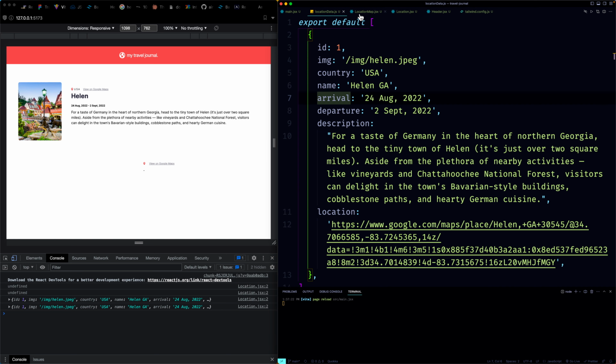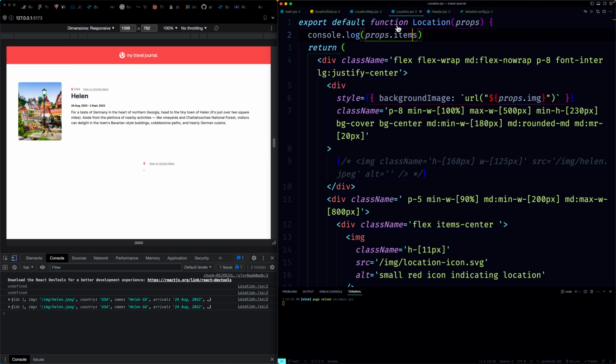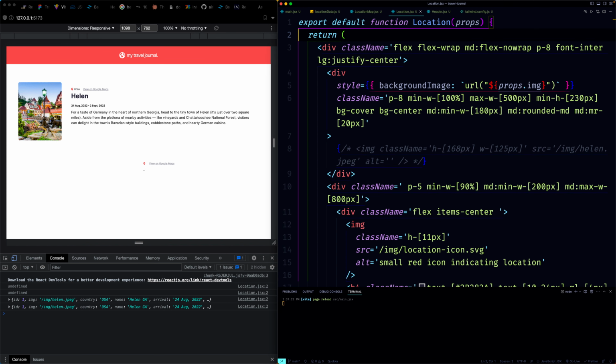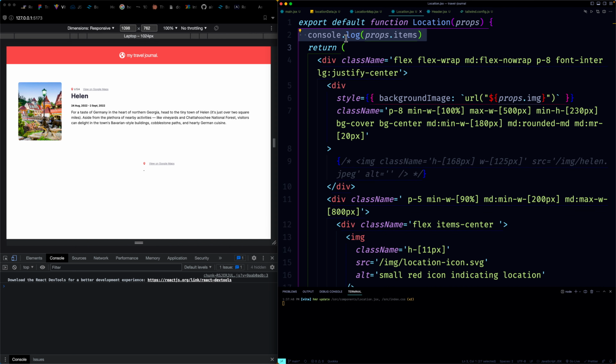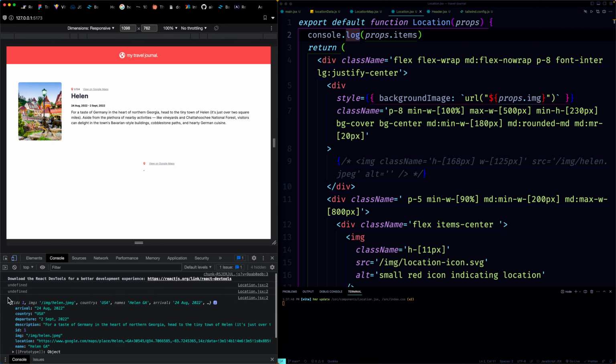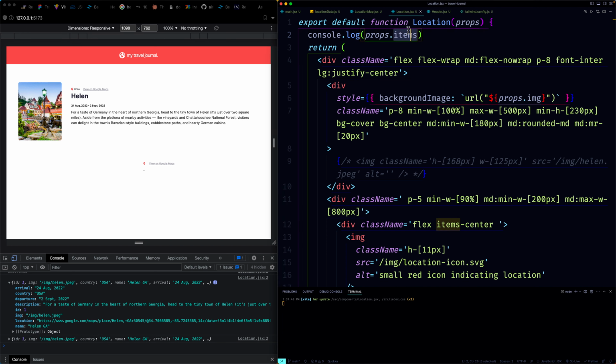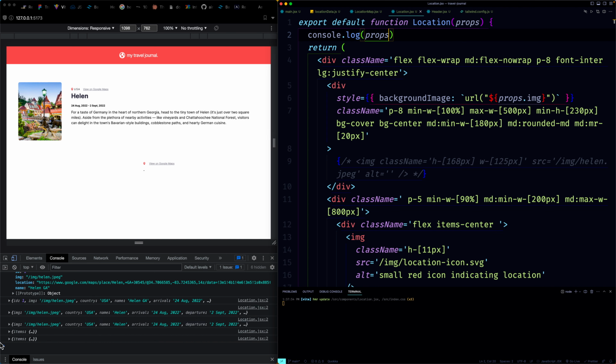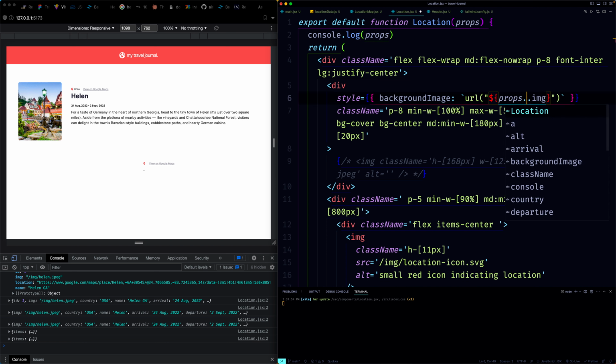So if we go in here and we go back to locations, let's go ahead and clear this console log. Okay, let's clear this. So let's see what happens when we reload. Okay, so when we load up our props, we get the props.items. That means everything is stored into these items. So now when we reference it and we want to load something up, we would say